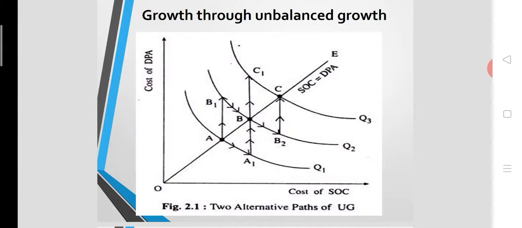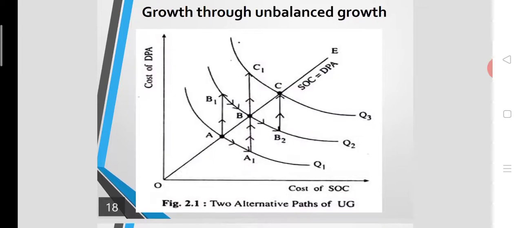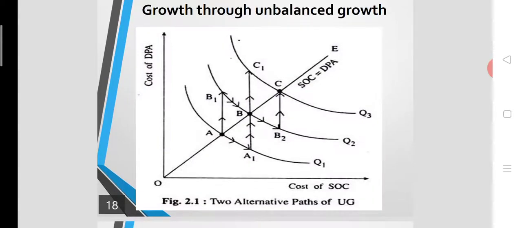That means investment in SOC is measured along the horizontal axis, and investment in direct production activity is measured along the vertical axis. So initially, Q1, Q2, Q3 are the three levels of GDP. Q1 shows lower GDP, Q2 is better GDP, Q3 is the highest GDP in the diagram, and the 45-degree